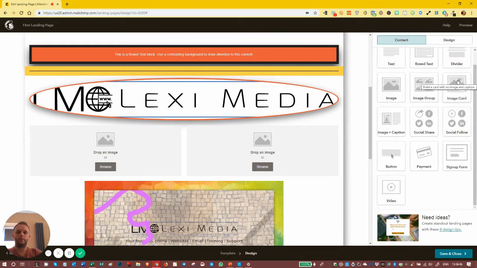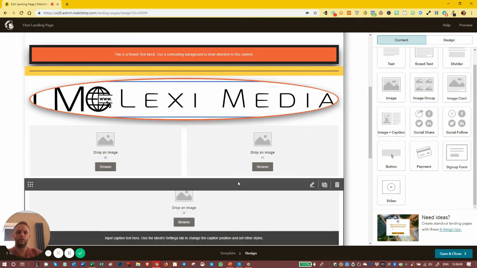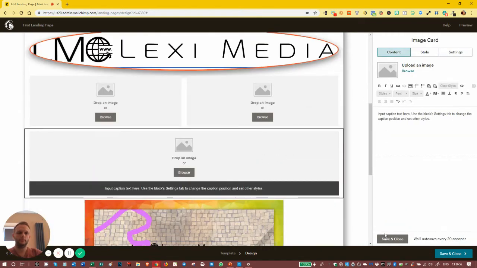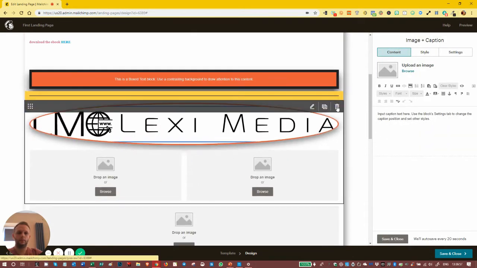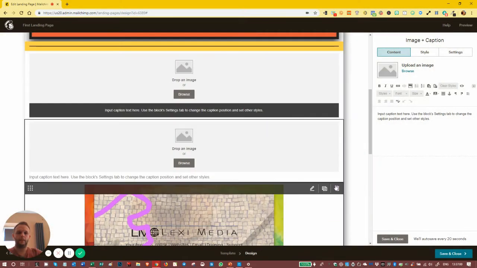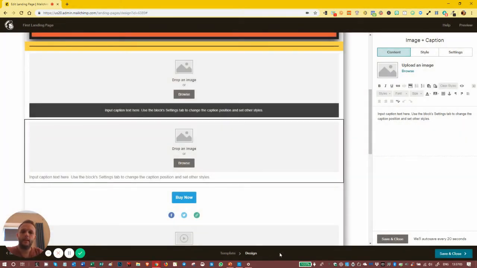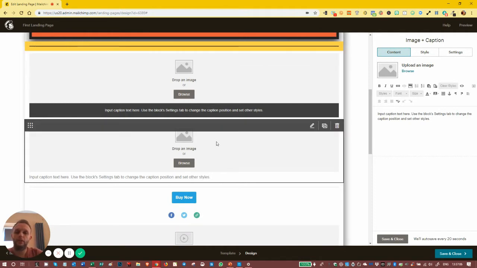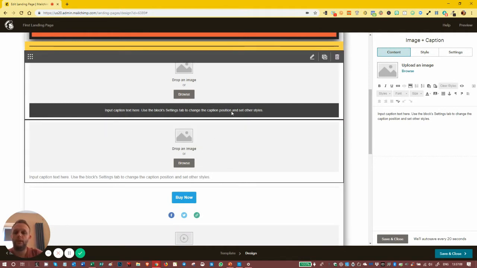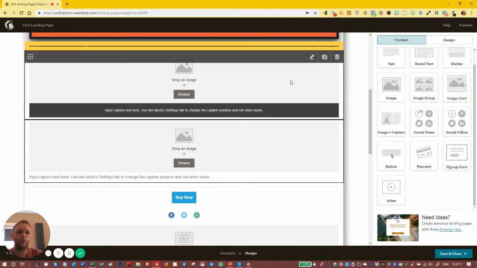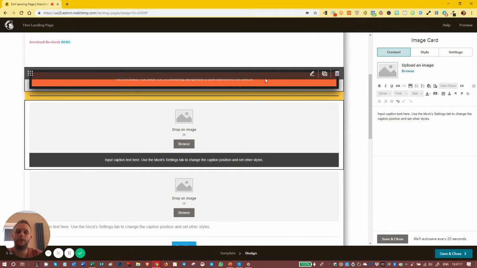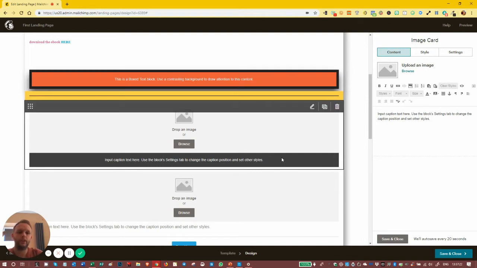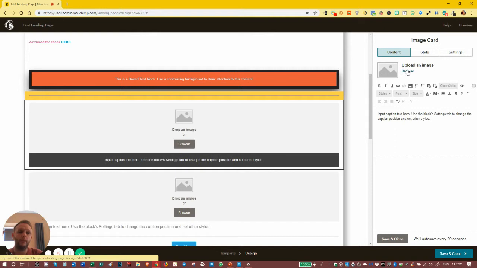Image card and image caption are pretty much the same. Just drag one of each in. So we're just going to get rid of this one. And we're just going to get rid of this one. As you can see, these are pretty much identical. We've got an image with text below, an image with text below. The text below on the image card is in a contrasting box, very much like this text block that we put in here. So again, when it comes to settings, we can upload an image, change the image that way,